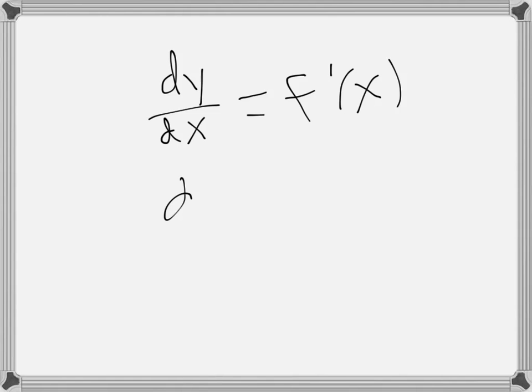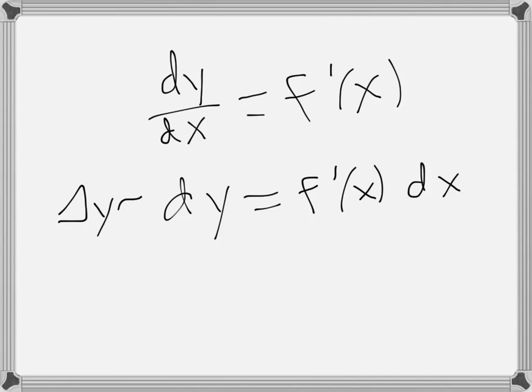So the idea of a differential: if I have dy/dx equals f prime of x, then the differential dy is the measure of change along the tangent line. That's just f prime of x times dx, and that's the measure of the change in y along the tangent line. And if dx isn't too small, then the measure of change of the function is about the same. So, for example,